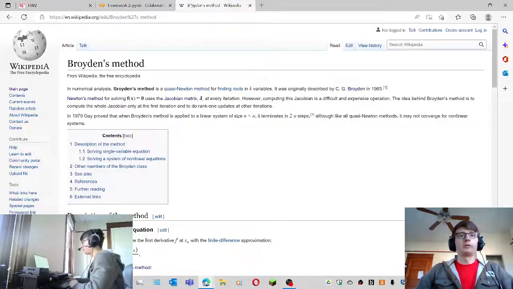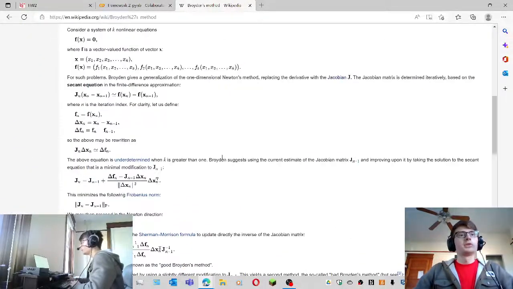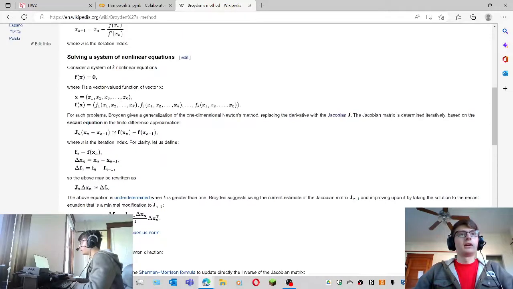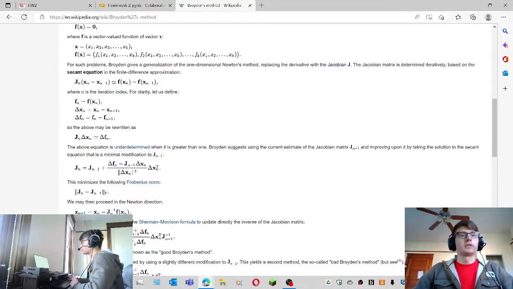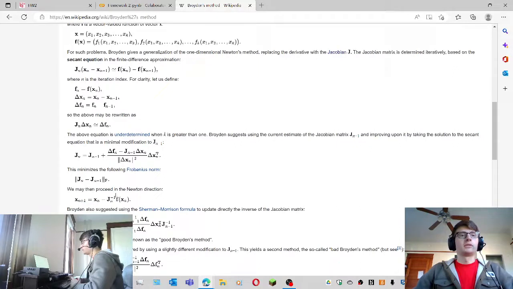So what's powerful about Broyden's method is that it lets us approximate the inverse of the Jacobian. So how do I do that? Well, so consider in nonlinear equations, consider a system of k nonlinear equations. So this is a matrix with these sort of dimensions right here. You can take the Jacobian of the matrix, right, and basically we're going to approximate Newton's,